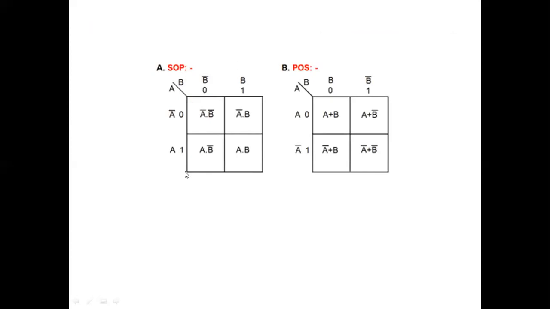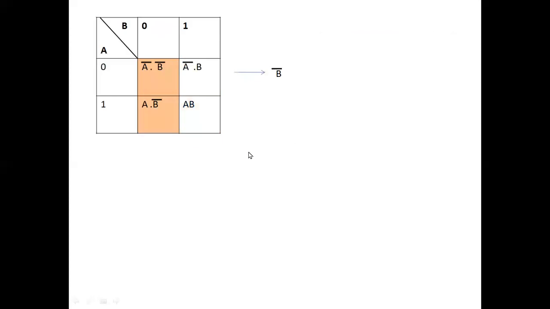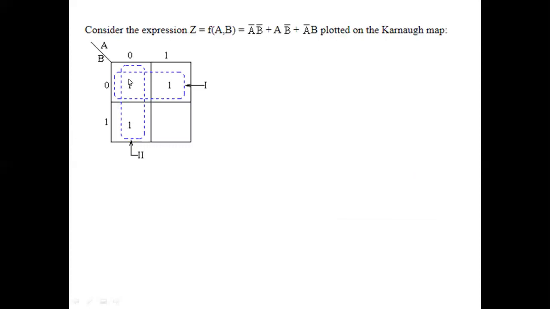SOP form K-map looks. A bar B bar, A bar B, A B bar, A B. So instead of going this way, I have a direct slide here so that you can see what product terms you have been given, and you can happily mark them on the K-map. So first term A bar B bar is there, then A B bar is there. So this vertical column has been given. According to the minterms logic, it is now 1, 1, then it is A bar B. So A bar B is also going to be 1. There is no term called AB. So this cell value is 0. That is what is going to be represented over here.